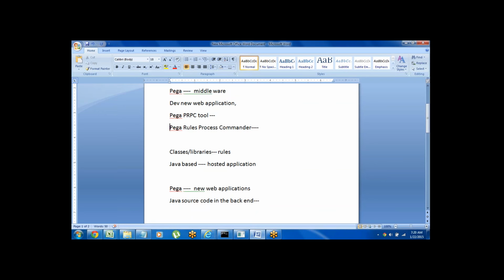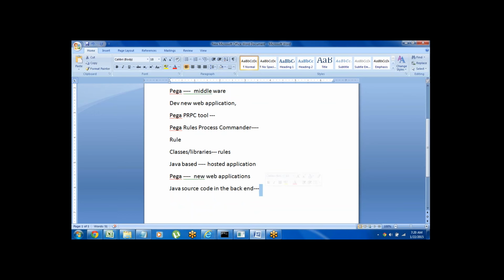Normally in real time, Pega is called PRPC, or Pega Rules Process Commander. Simply saying, in Pega everything we call a rule. In other technologies like Java, we call them libraries or classes, but in Pega we call them rules.